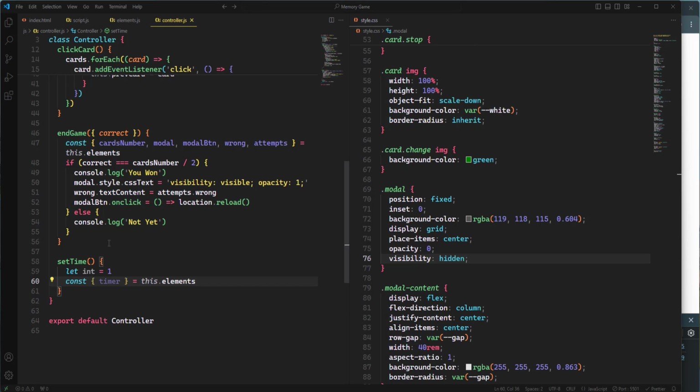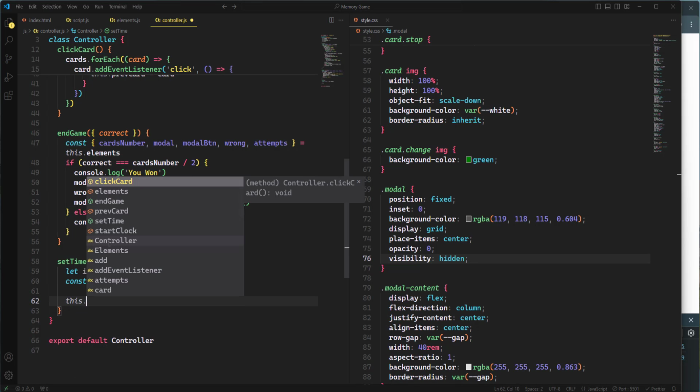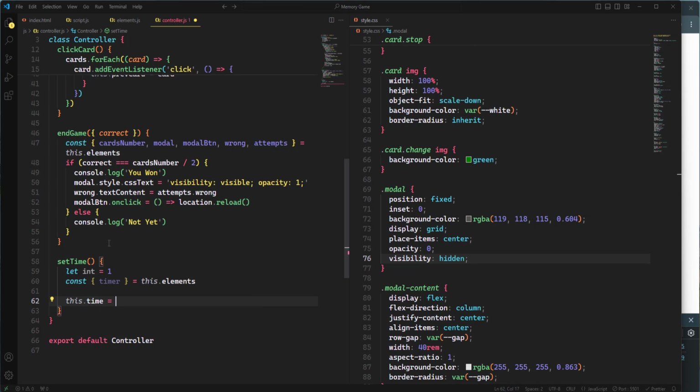After that, we have to set up a recurring function using setInterval method. This function will be executed every 1000 milliseconds, and it will increment the int variable by 1 on each call. So we need here this.time to be equal to setInterval. I'm going to pass here a callback function. So now we have to calculate the remaining seconds by taking the remainder of int divided by 60. This will ensure that seconds will always be between 0 and 59. So we need here variable seconds, and it should be equal to int